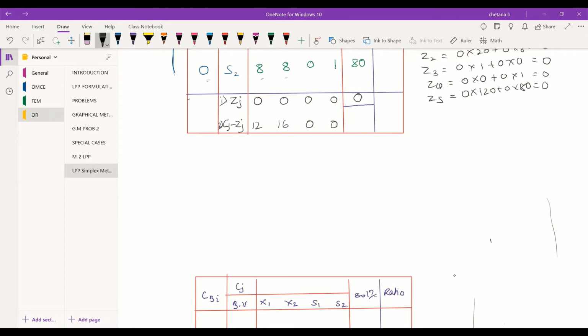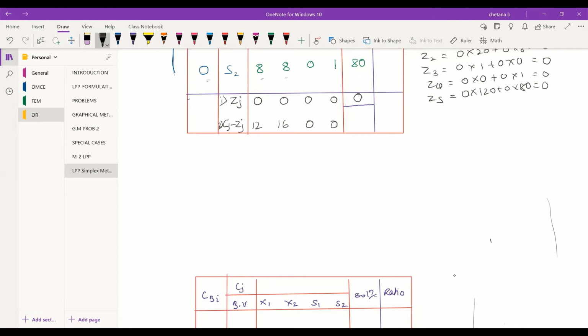As this is a maximization problem, we have to get all negatives and zeros. It should be negative or all zeros, or a combination of both. But we are not getting any negative values, we are getting positive values. So for this, you need to continue the process again by picking the key column, key row, and key value.